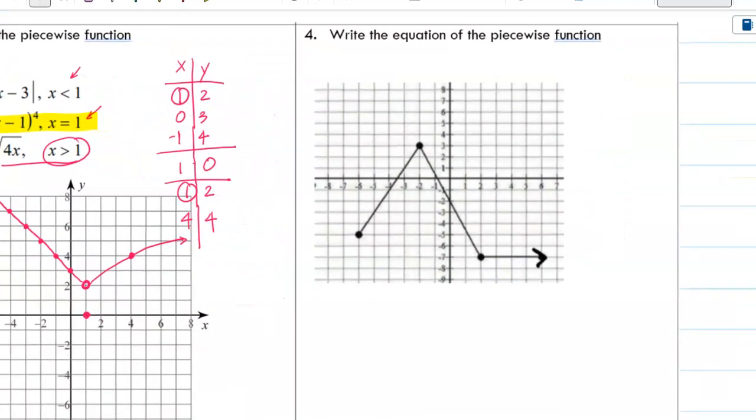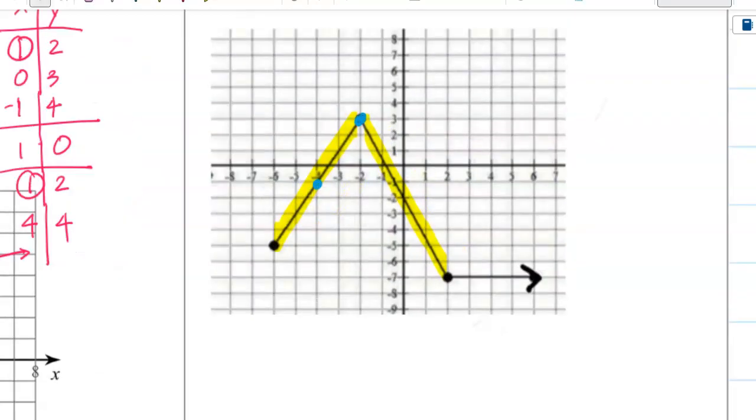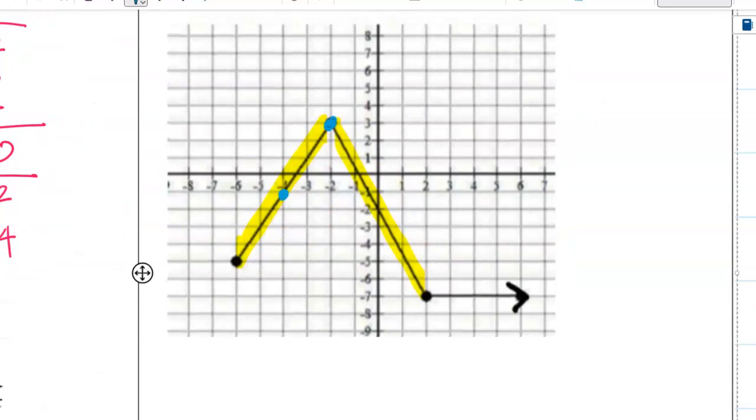Okay. Write the equation of the piecewise function. What I see is that the slope of this line is different than the slope of this line. Is it? Yeah. I could see that I could use this point and this point right here, but I could see those points are where it exactly intersects at an integer. So I can tell that the slope of the line is going to be different. So f of x equals,